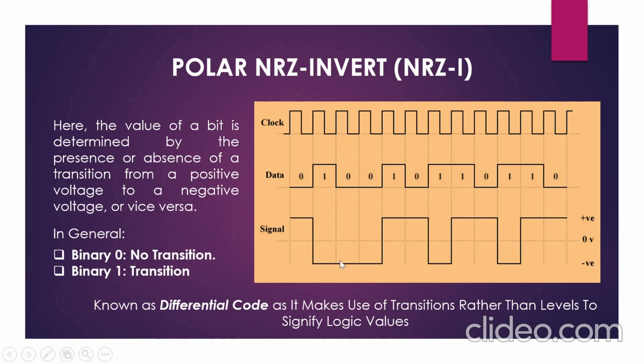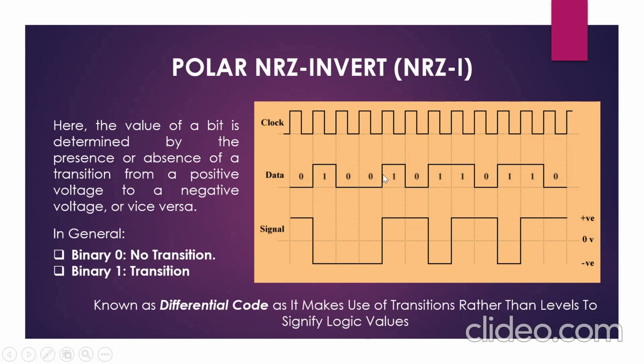There will be a transition, then there is a 0, no transition, then there is a 0, no transition, then there is a 1, there will be a transition. Transition means it would change from low to high, high to low. Then there is 1, then there is 0, there will be no transition, then there is 1, there will be a transition, then there is 1, there will be a transition, 0, no transition, and so on. It is also known as differential code, as it makes use of transitions rather than levels to signify logic